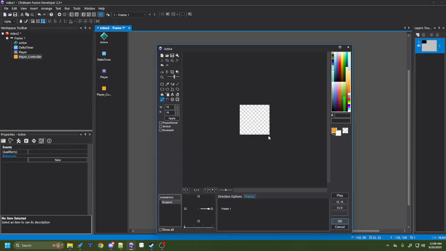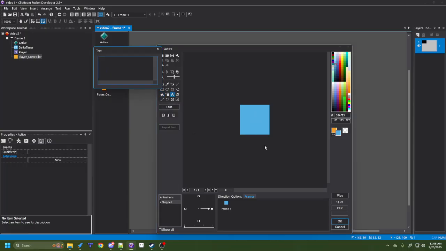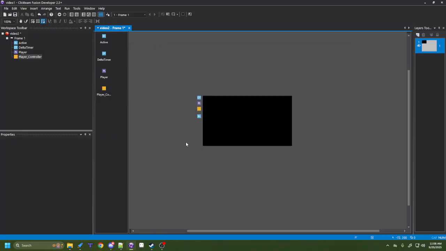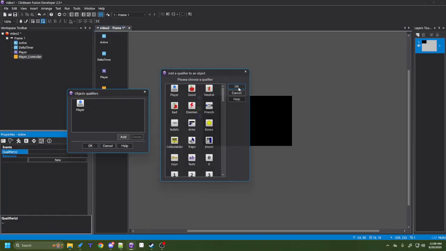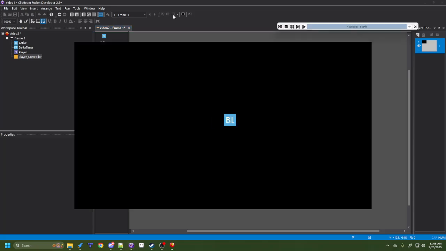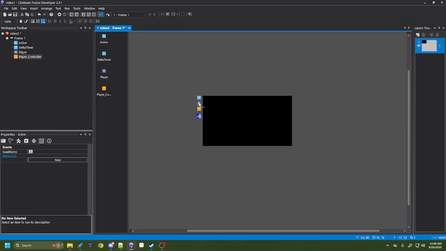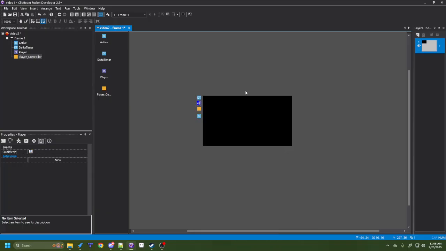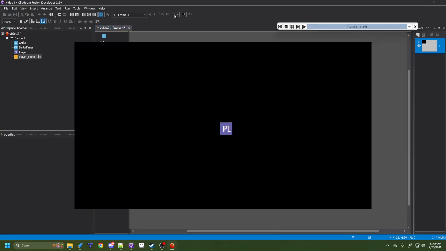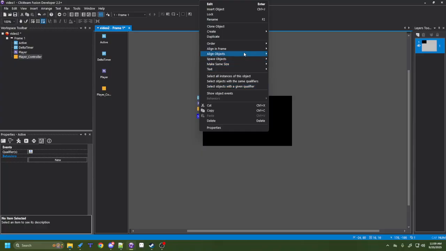like this, and you just happen to do this, and you go under qualifiers and add this player object and hit play. Because this object is above this object, if I go in here and I say, where's order? Bring to front. That is now the front object. If I bring this object to front,